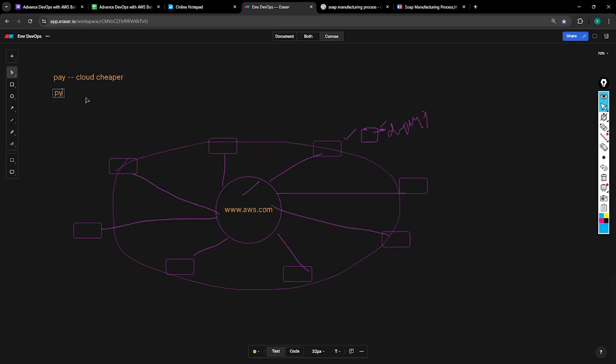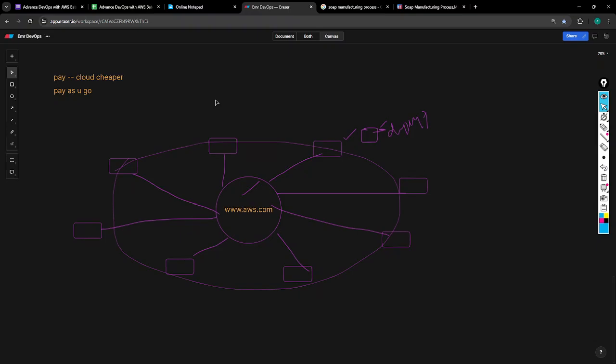In your own data center case, you are buying a server for 50,000 rupees or 1 lakh rupees, and then you deploy an application. The application got failed. What do you do? The application needed 1 GB only or 2 GB. The rest of the GB is wasted. You're buying for 50,000 or 1 lakh, you're wasting money.